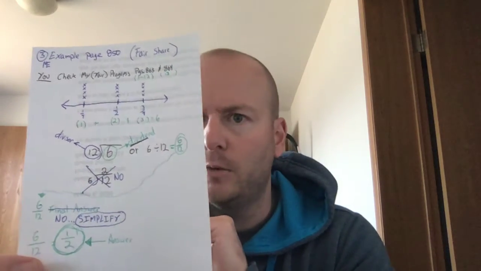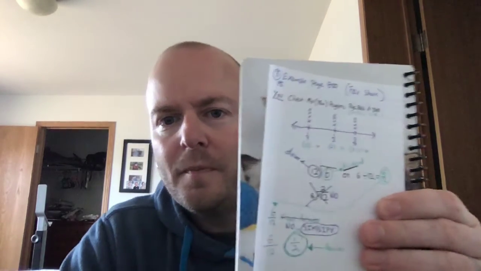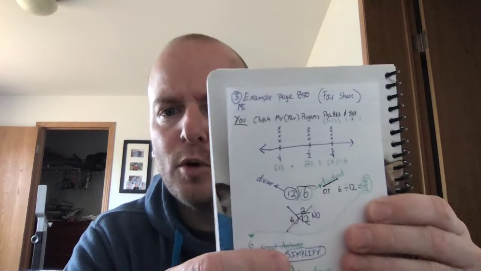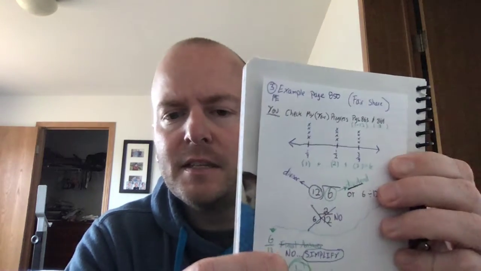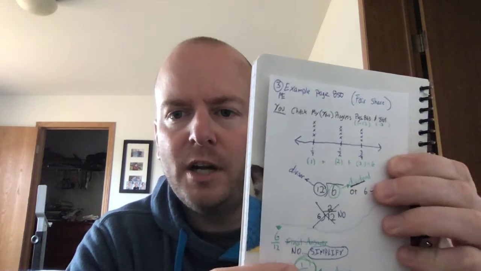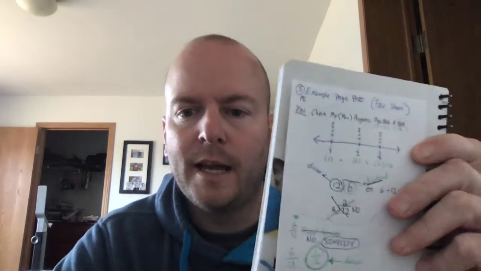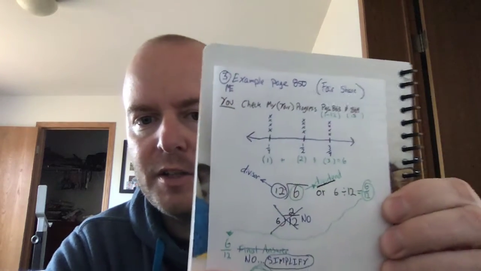I'm trying to think here what I could do so you're not seeing through a lovely piece of paper. So I think I'm going to try this thing. And so again, this is an example from page 850, which is a homework page that I have here. Since there's only the one fair share in your check your progress, I didn't want to do a review one, so I wanted to do a different one and kind of walk through it again. And so what you have to start off with when you're doing fair share is making that